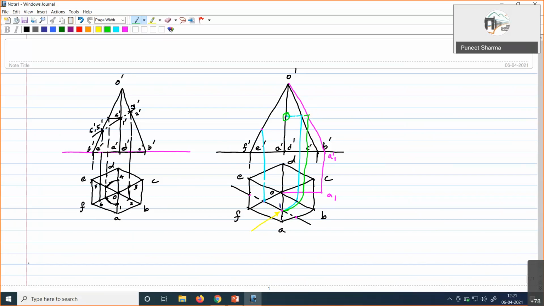But say if this length is needed for some subsequent purpose, then of course we'll have to keep it here, because this gives the true length of the location, but this one is not giving. This is the reduced length. But if the true length is not needed and only this part is to be located, then we can do it by bringing it to any of the edges, I mean the top view of any of the edges.